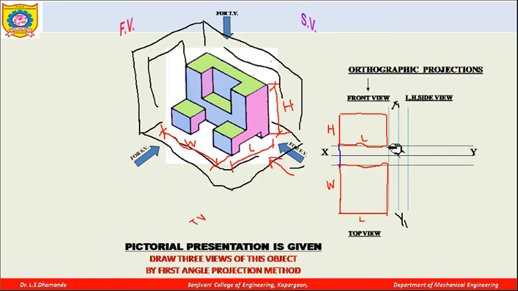Like this, and this line is already drawn by us previously. Now to get the side view of it, we can take the projections from here. So when I am drawing the horizontal line here, the height of that object is transferred to the side view. So when I am looking for the side view on this side, I will be getting the height of that object and the width of that object. This width of that object we can also transfer, okay, for getting the side view of it.